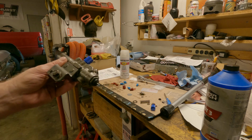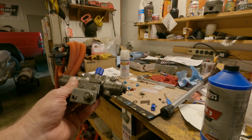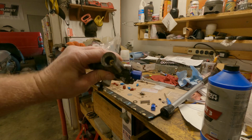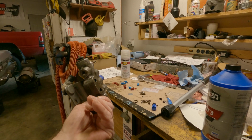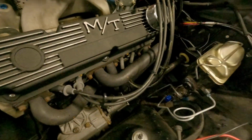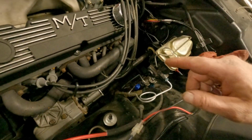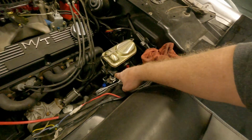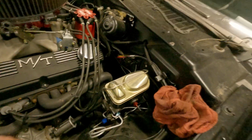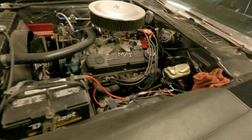I'm not going to do a time lapse on the reinstall. I'll just get her done and show you when I've got all the lines in. All right. She's in. I'm certain something's going to leak, probably this one right here, because that's what it does. Anyway, so